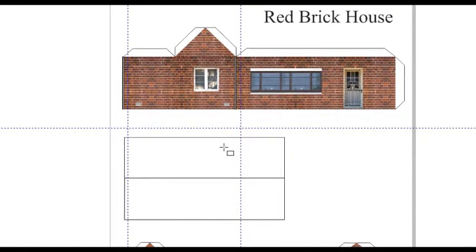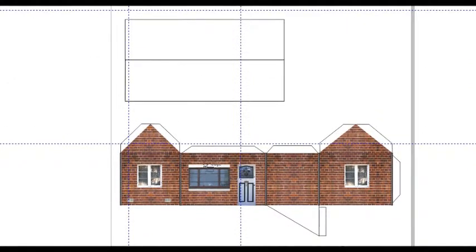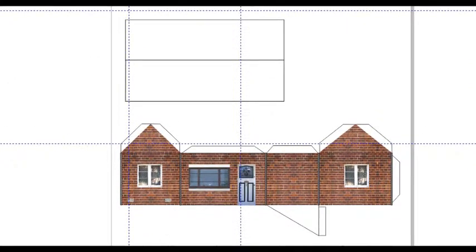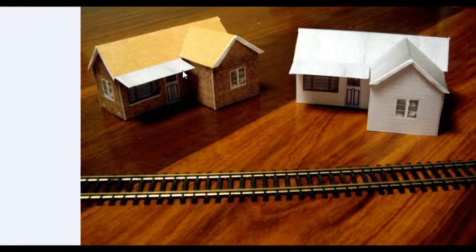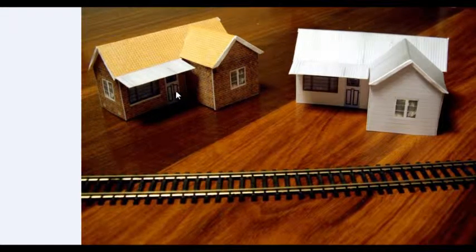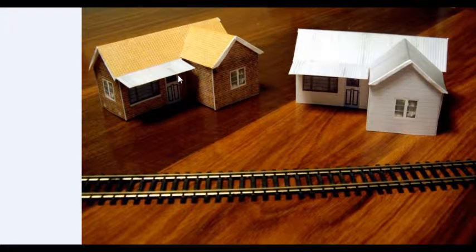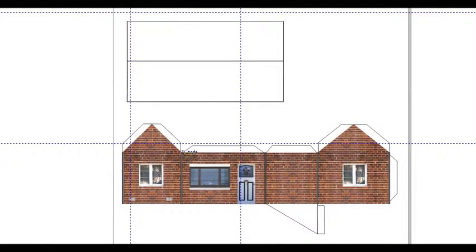Now this building has a veranda over the front bit, and if we want to include that, we need to know how wide the veranda is. Now if we have a look at the building here, you can see that we've got the veranda sitting above this porch area here. So it's that wall, the wall with the door and the main window, that we have to use as a reference for the length of the veranda. So here's that wall there,